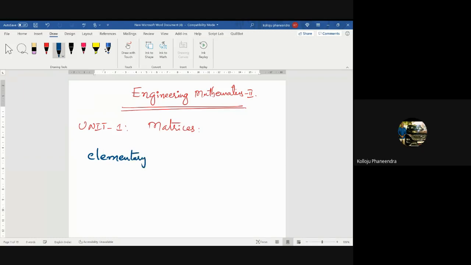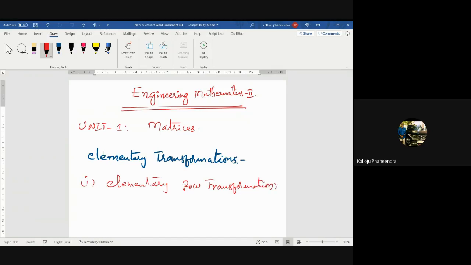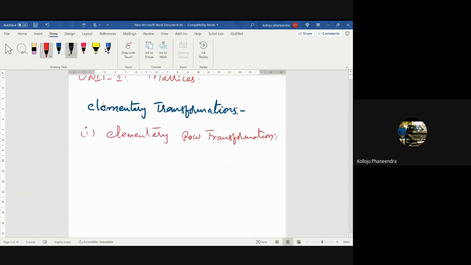Elementary transformations. Here, the first one is elementary row transformations. Nothing but row operations. Okay. So there are three standard row operations. First one is